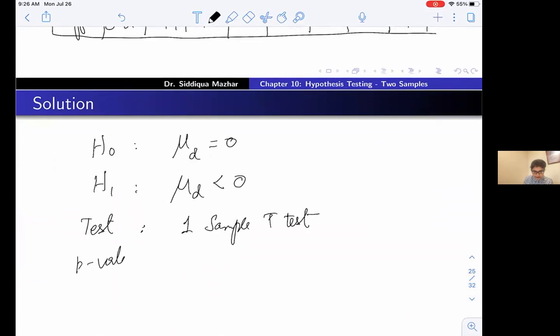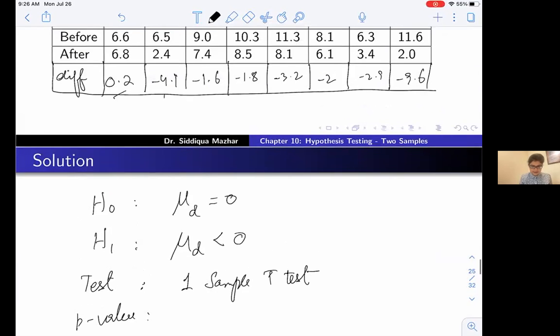And now I am interested in the value of p. So again, you will write down all the values. Go to edit, press stat, edit, and on your list one, write down all the values for the differences, these differences, 0.2, minus 4.1, all these values. Once you write it down, then you will again press stat, go to test, and then you will go to